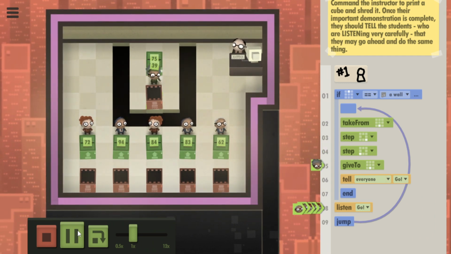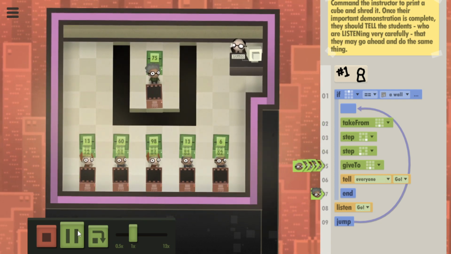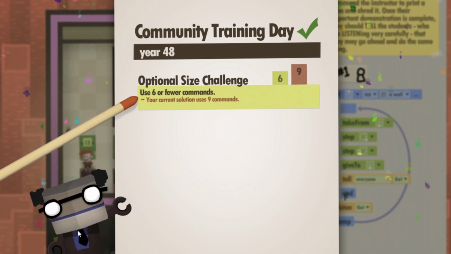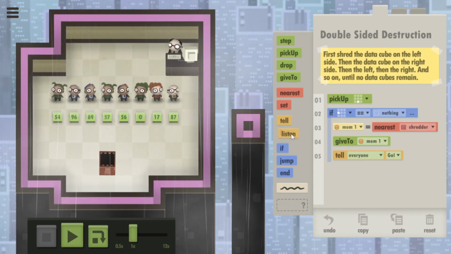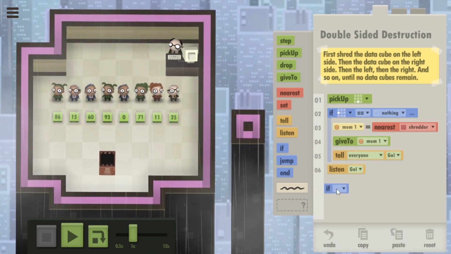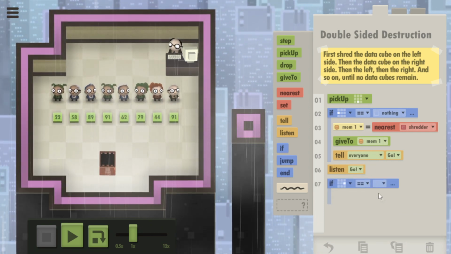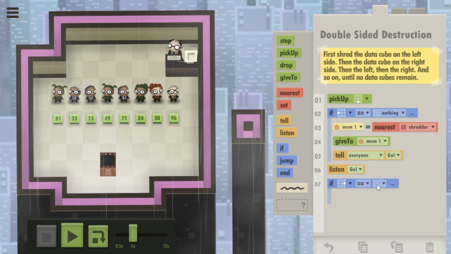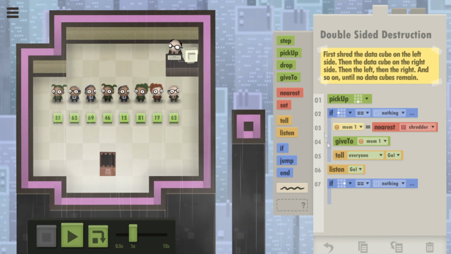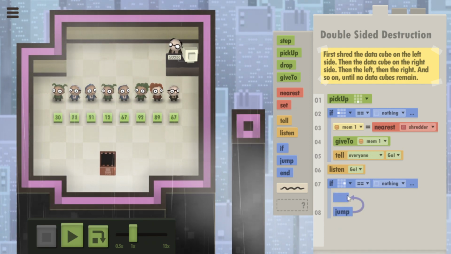She grabbed a thing, she stepped round, she dropped it off, go! Grab things, step round, drop off, go! They don't technically need to say go, but they did it, because that's what the instructor did. Everybody else is going to listen for a go, and if the direction on the right is nothing, then you're going to jump up to